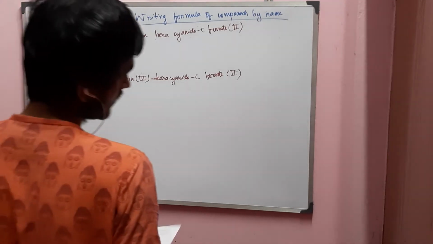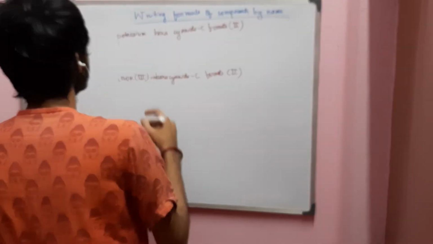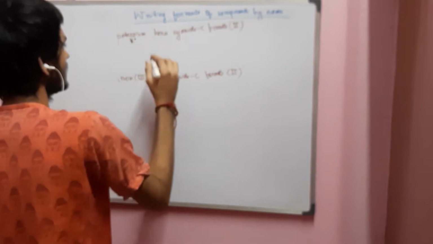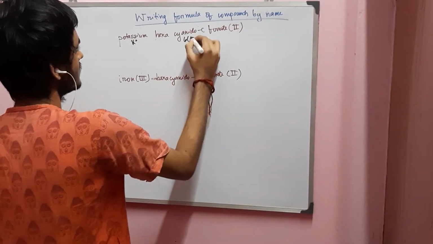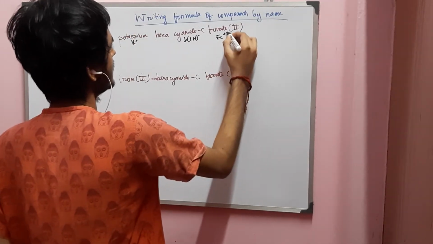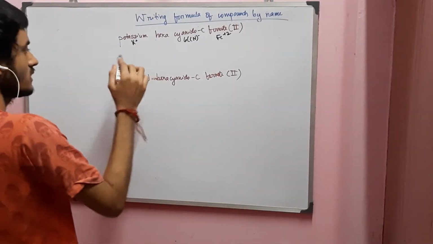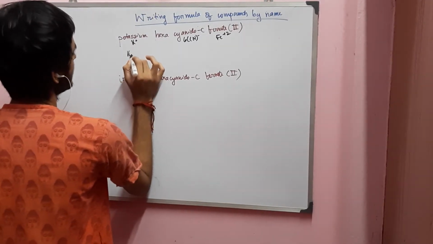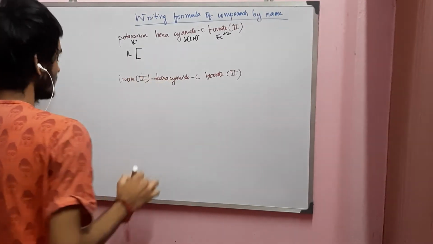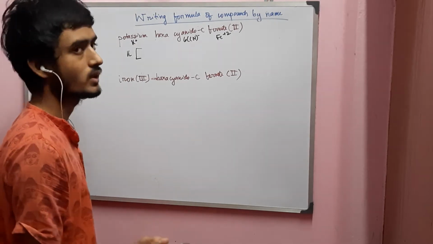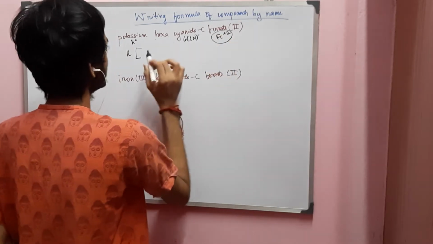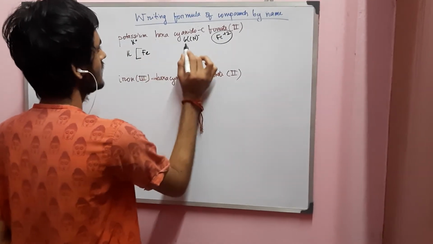Okay, let's name these compounds. So in this particular one, this is potassium ion, that is K+, then hexacyanide, 6 CN minus, then ferrate(II) means the central atom Fe plus 2. So what is the rule? We have to first put the cations. Okay, so I am writing K. I don't know how many K there are. Then we start the coordination sphere, and in the coordination sphere we first write down the central atom, Fe, then the anion